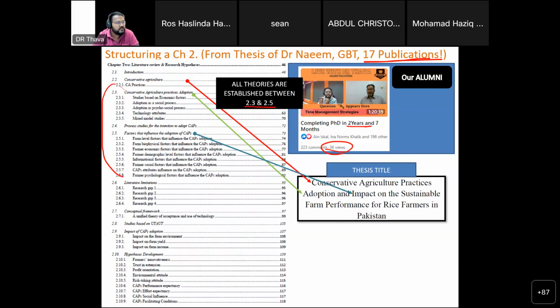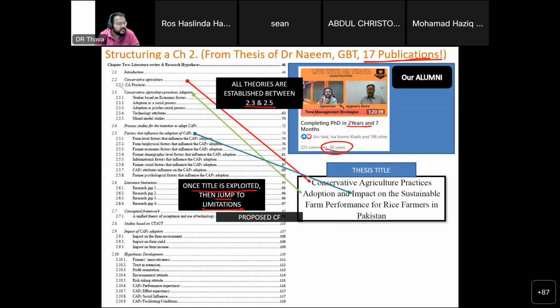That means all the theories are mentioned here. Some thesis chapter 2s will have a theories subsection itself. That's what I'm saying, not all use the same style. Even when we coach, different consultants have different styles. I'm just giving an example only. Then he introduced gaps, once the title was exploited, then jumped to limitations. After that, a proposed conceptual framework or any form of proposed solution.